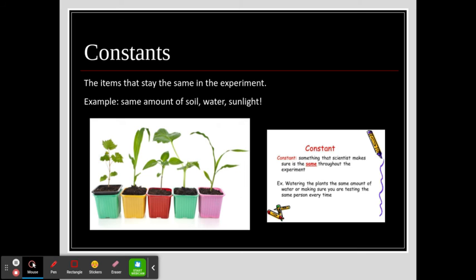same. So you're going to have the same amount of soil in each of those cups. You're going to have the same seed in all of those cups. They're going to get the same amount of water that you would have to measure, the same amount of nutrients, right? If you're going to add some sort of fertilizer, it has to all be the same amount. The only thing that should be different is going to be what